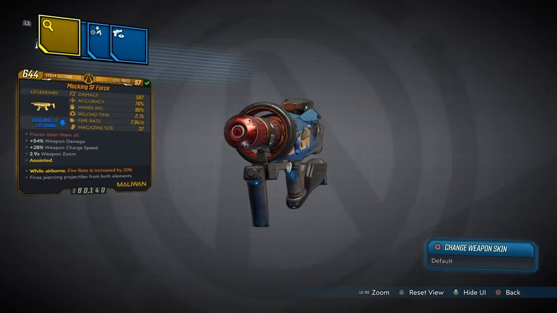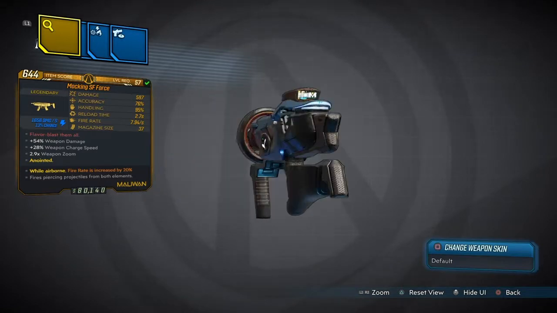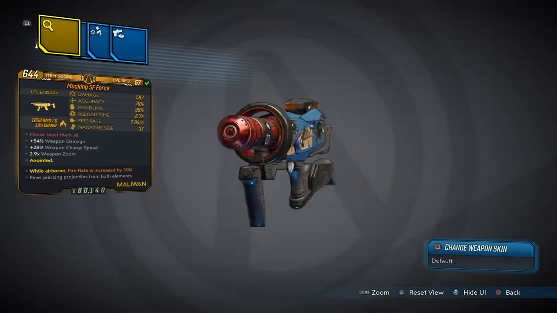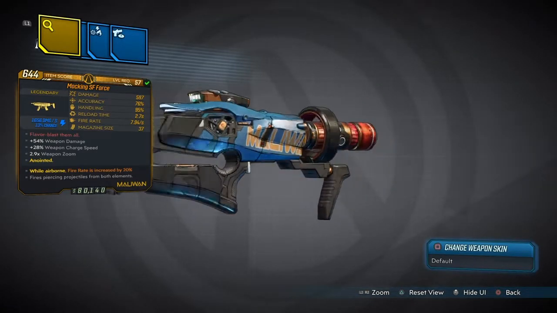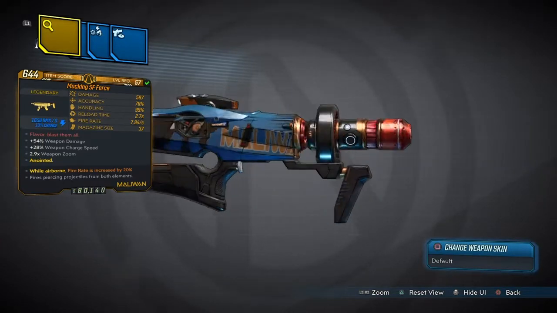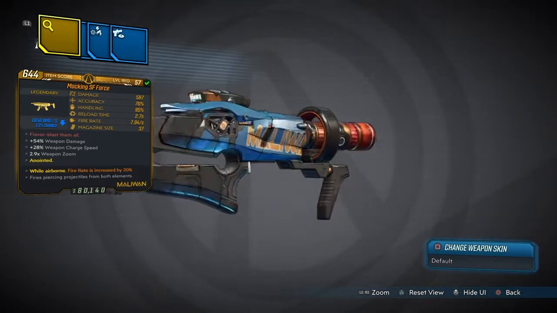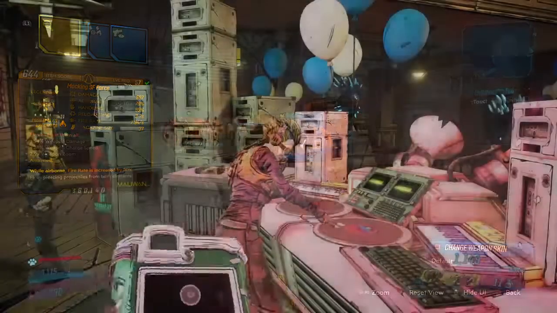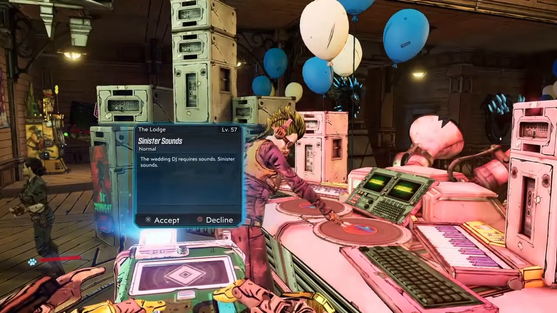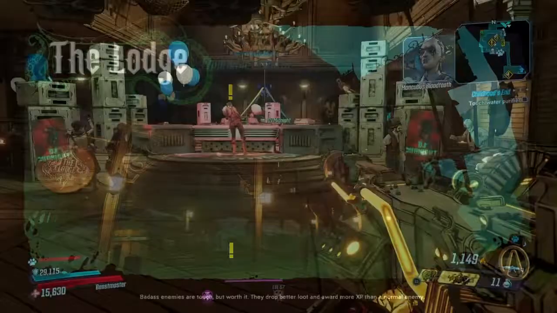It comes with 597 on the damage, 76% accuracy, 55% handling, 2.7 on reload speed, 7.94 on the fire rate, 37 in the magazine, plus 54% weapon damage, plus 28% weapon charge speed, anointed as well with the zoom, while airborne fire rate is increased by 20%, but fire piercing projectiles as well. It's those two elements. Now, in order to get things started, you're going to have to head over to the